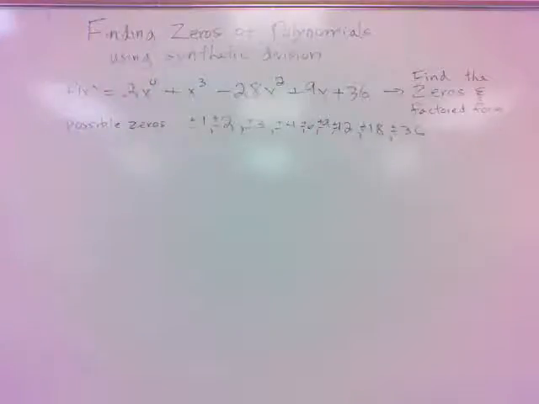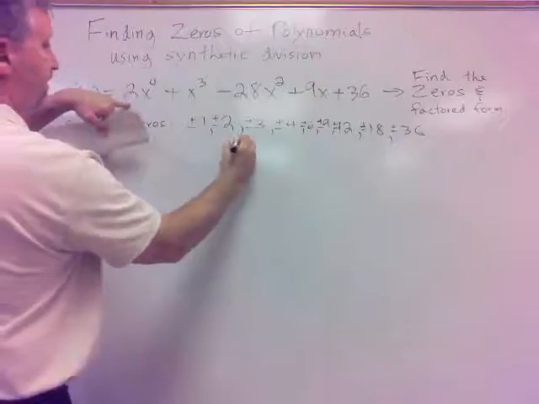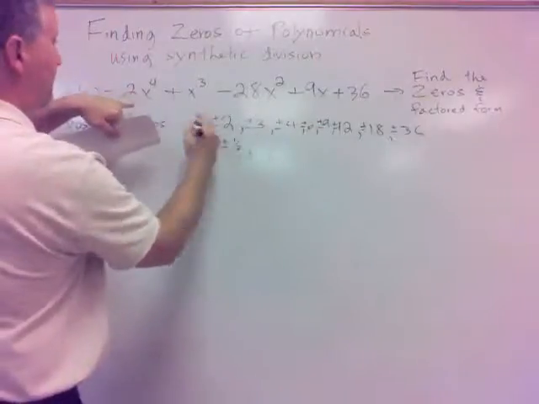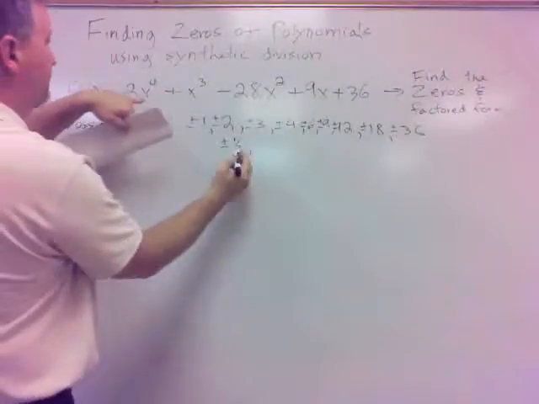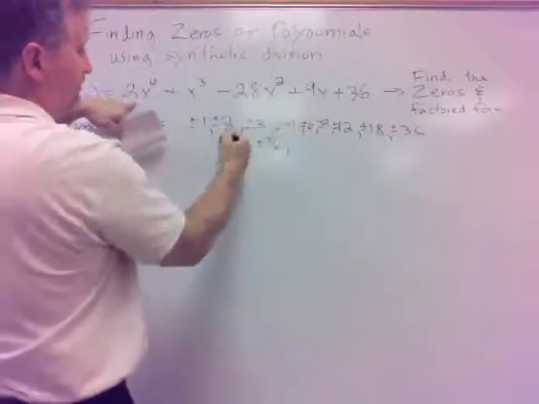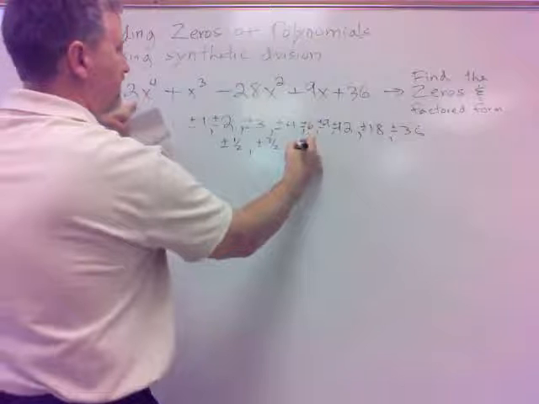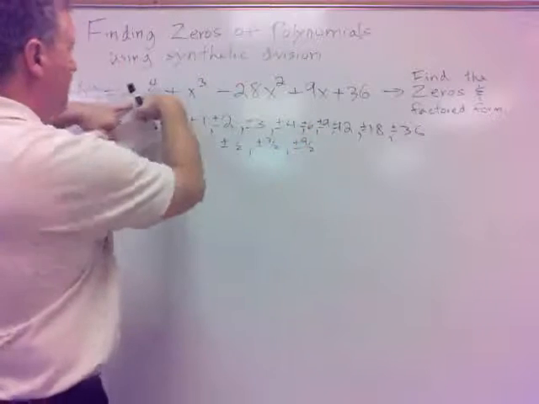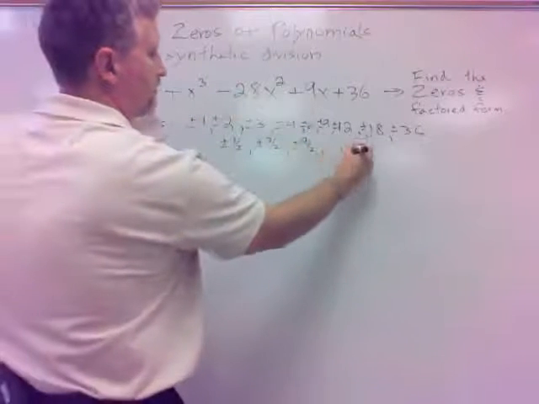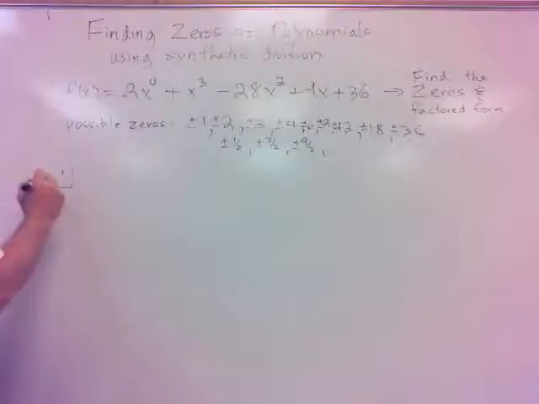But like I was saying, I could also get into plus or minus a half. Now, 2 divided by 2 would give me 1 again, and then I could do 3 divided by 2, and then I could do 4 divided by 2, which would just give me 2 again. 6 divided by 2 would give me 3. 9 divided by 2. See what I'm getting there? Just divide those by 2. Actually, I think that's it. Okay. So anyway, lots of potential ones. Let's start with